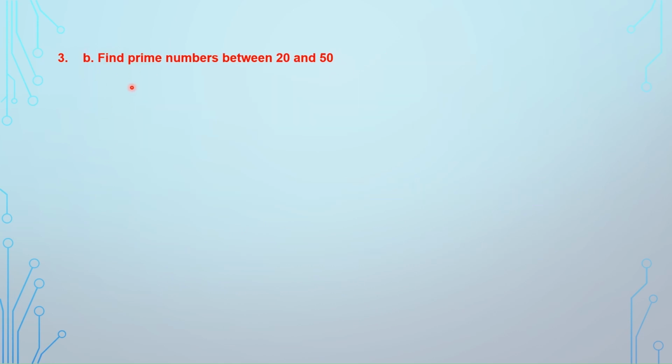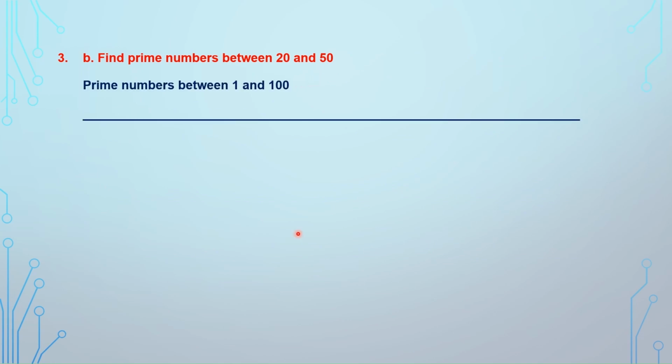Question 4. Find prime numbers between 20 and 50. So again here also first let's write down all the prime numbers between 1 and 100. So 2, 3, 5, 7, 11. Now you should know all these so that it's easy for you to write it down. 13, 17, 19, 23, 29, 31, 37, let's continue,